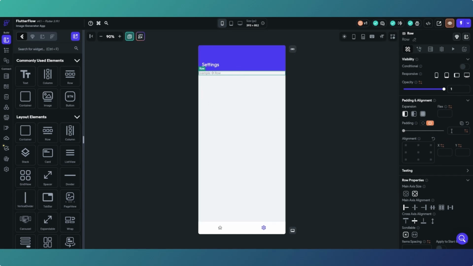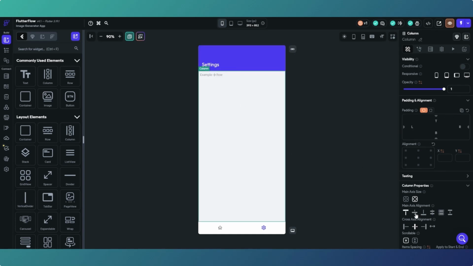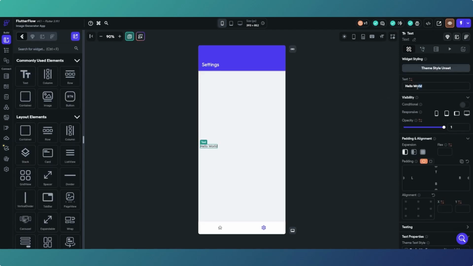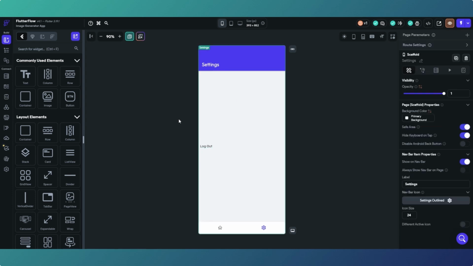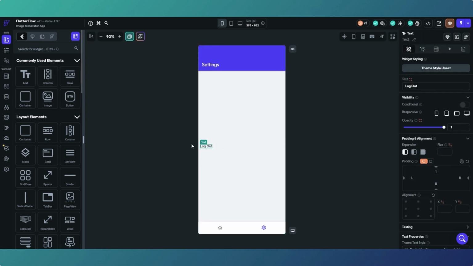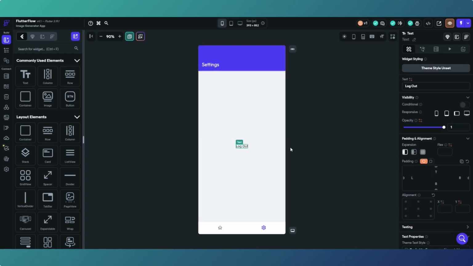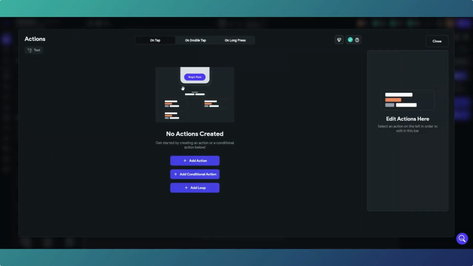So if we give it 8 padding all the way around, and in our column centralize it so it's in the middle for now, and then we want to drag a text object into there and just type into there, log out. We'll probably change this at a later date, but it just allows us to, and we'll probably put it up there with an icon or something, but for now, just for testing purposes. So on the text, make sure it's selected, again action editor, open the flow editor, and